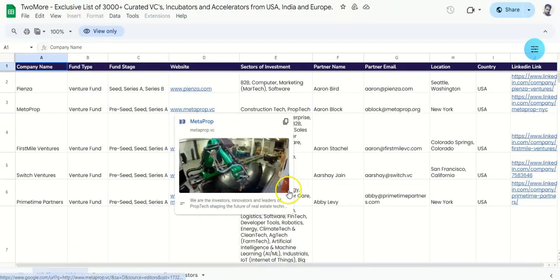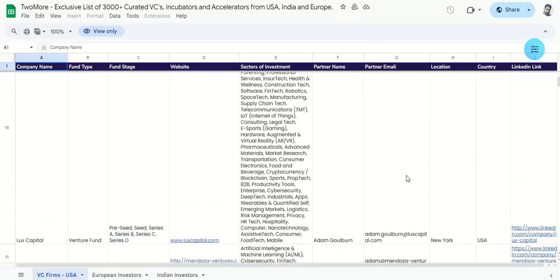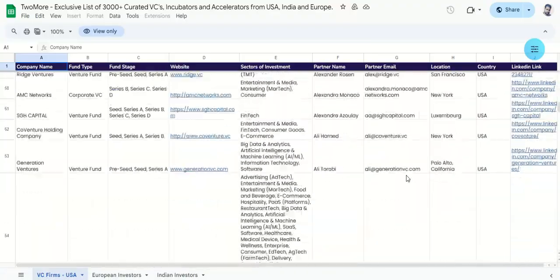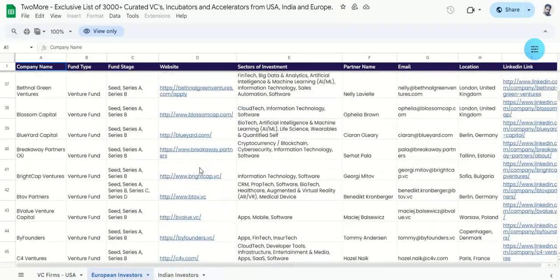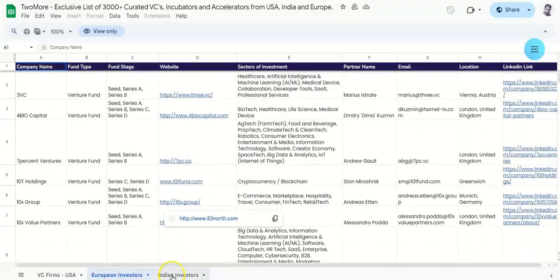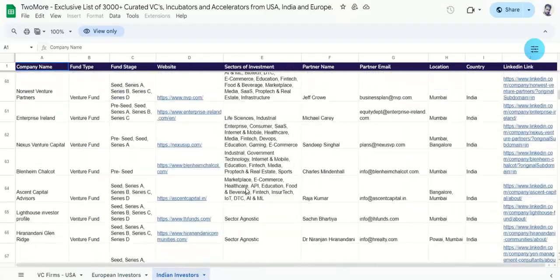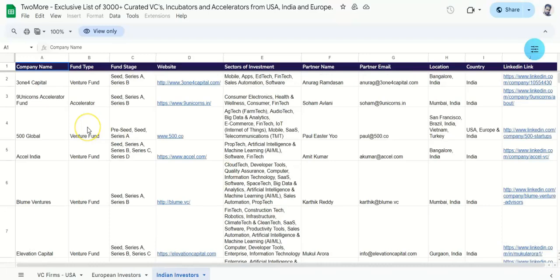You have it in Google Sheets with all the details needed. You can go down and see it actually has all of those contact information and other details. The European investors, same thing with the Indian investors. Okay, so you can just basically download it as a CSV and import this data into any sort of mass email sender, or basically any sort of tool that you can use to send emails to these